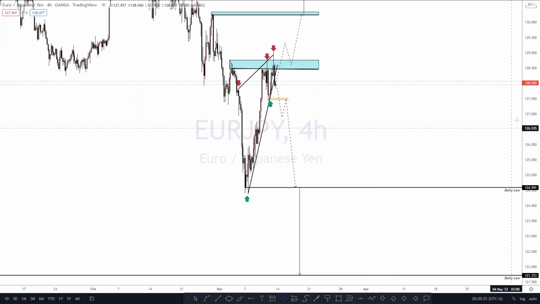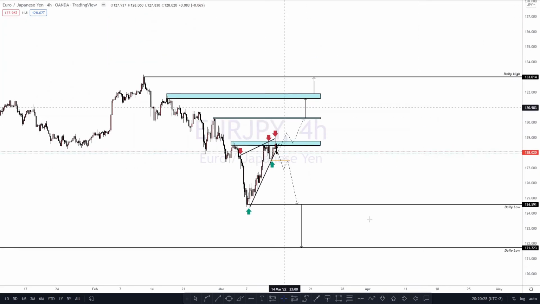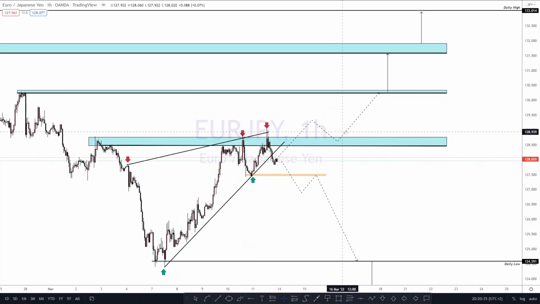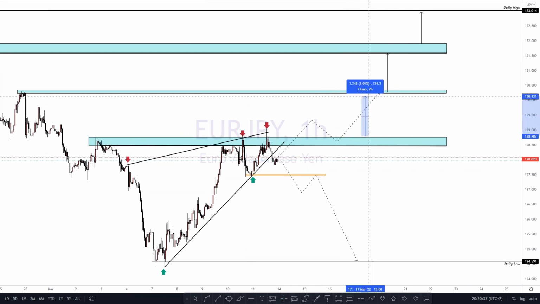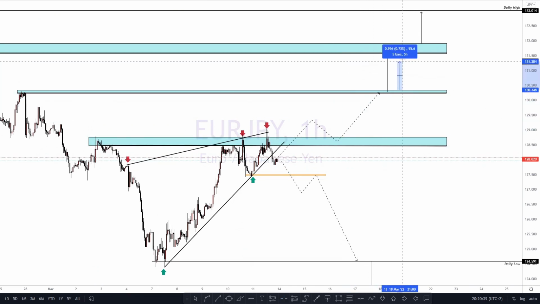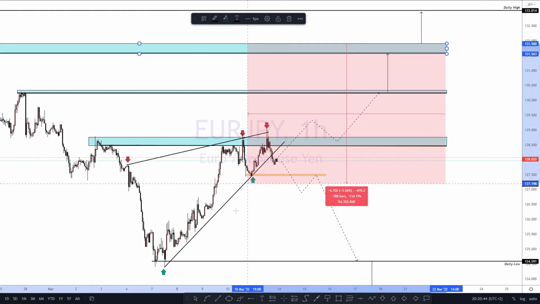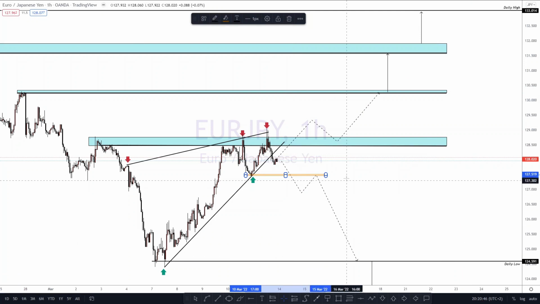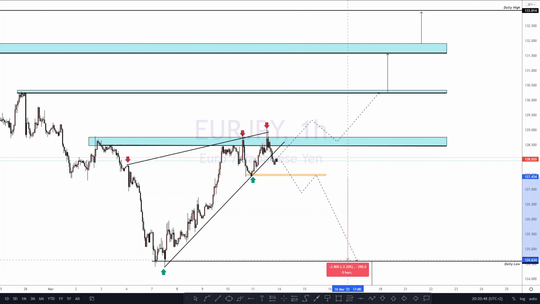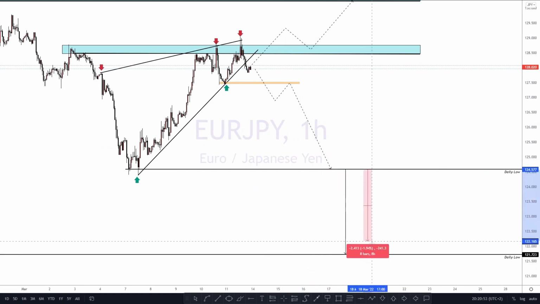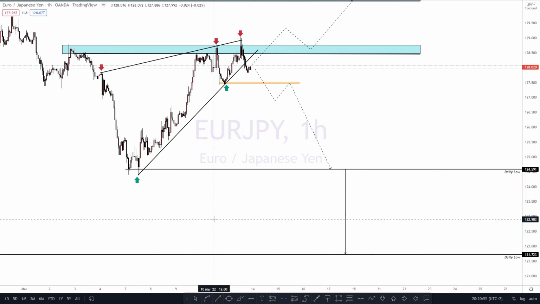In a 4 hour perspective, you can see this is what we're looking forward to, and then on a 1 hour perspective, you can see this is what we're looking forward to. So if we go up, it could be more of 100 pips, yes, 140. The next move would be 120. The next move would be 100 pips. And then if we go down, the first move would be a bit of 285 pips. Then the second move would be 280 pips again. So this is what we could get.